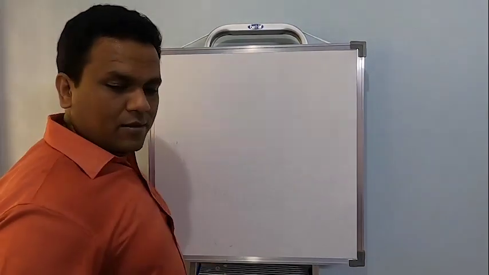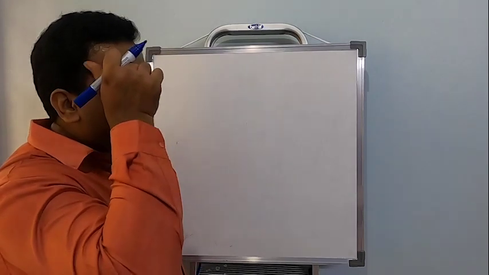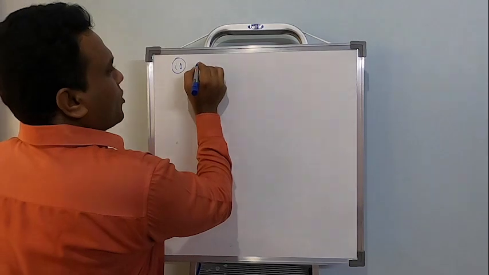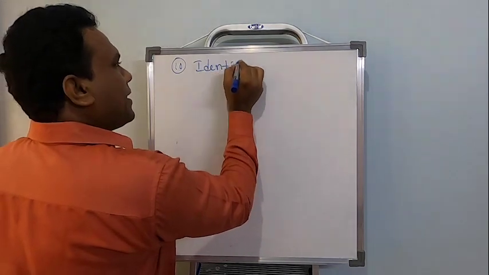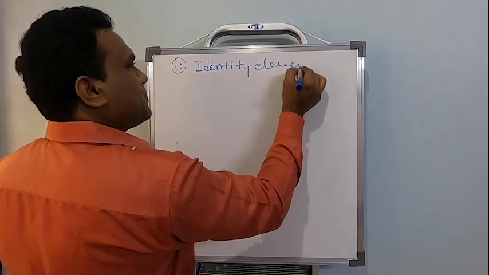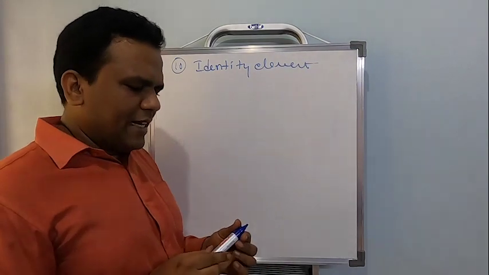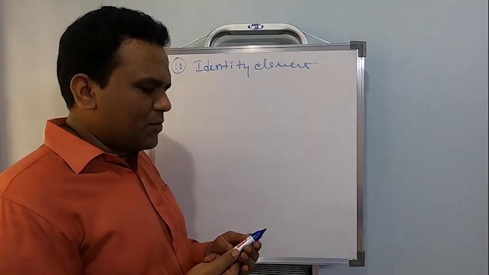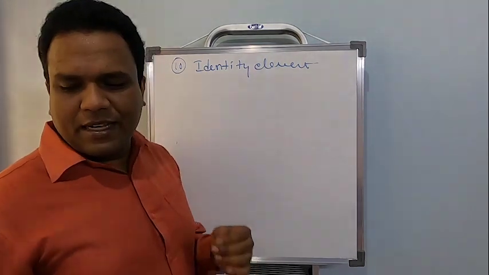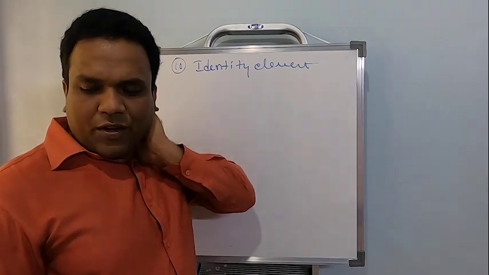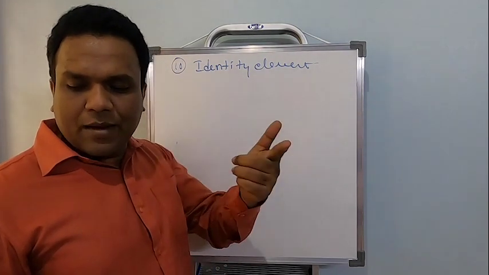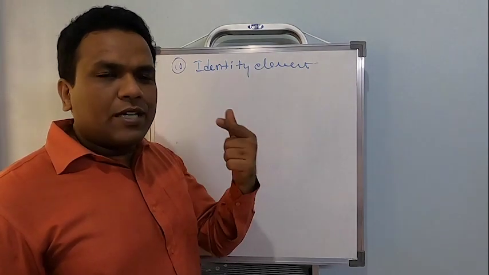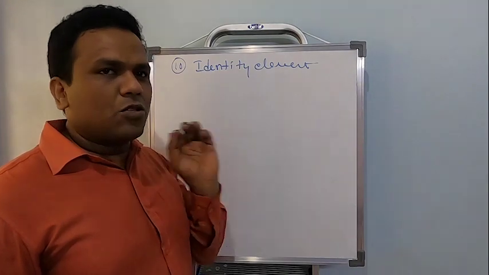Fine students, problem number 9, all the 6 are over. Now problem number 10. This is the problem which is purely based on finding the identity element. So far we never did any problem based on identity element, correct? This is the one problem which is purely based on identity element. What they are telling is, find which of the following operations above has an identity. That means you go back to problem number 9. For each one, check whether there exists an identity. This is what we need to do.